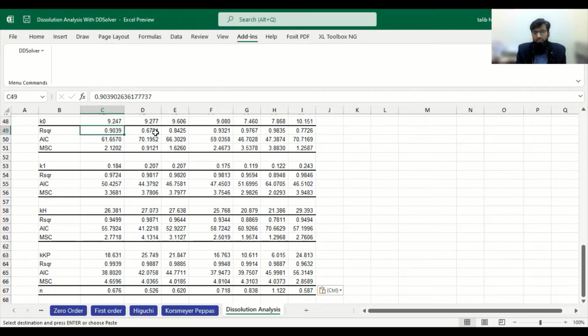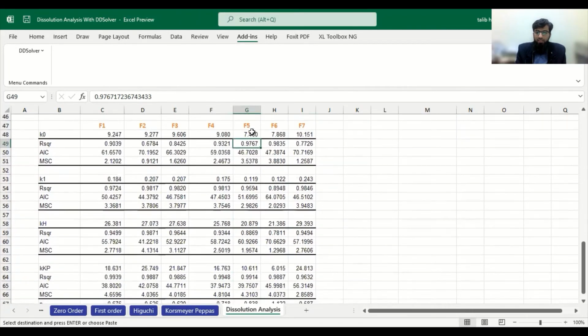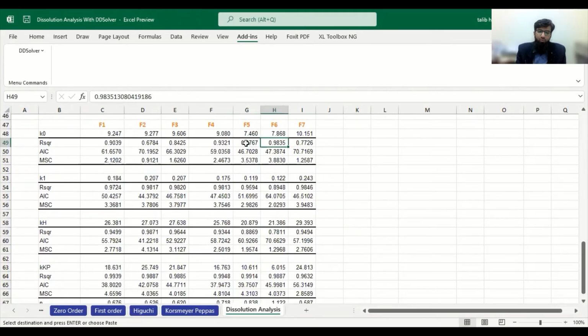For R square values, you can see there is no value more than 0.95 except for formulations F5 and F6. These 2 formulations have R square values greater than 0.95. The best value should be 0.99. If it is 0.99, then it is purely following the model. And if it is lesser than 0.99 but near to or more than 0.95, then it can also be added to that system.